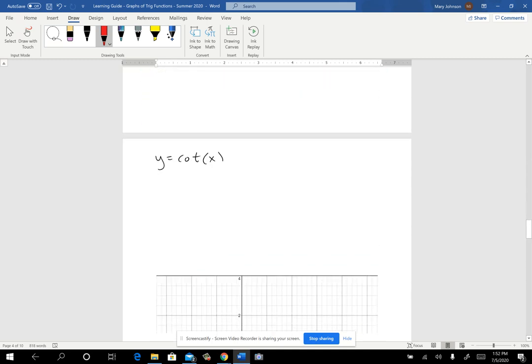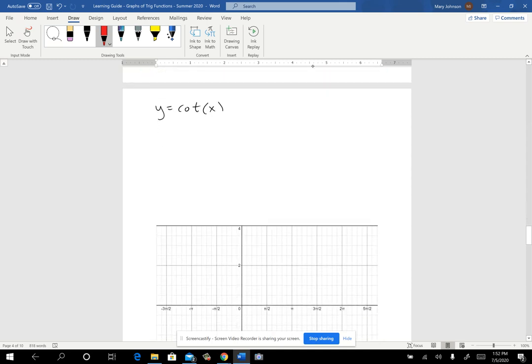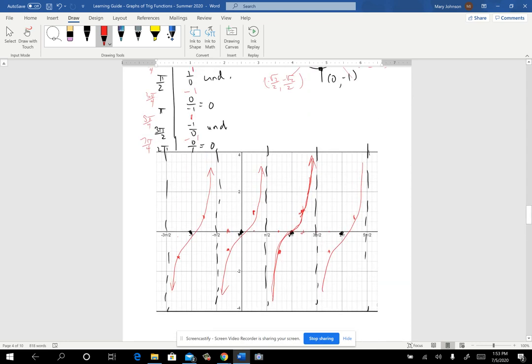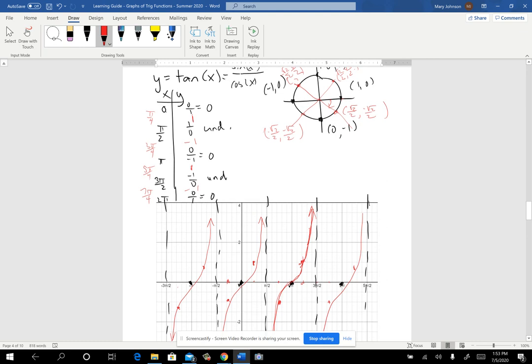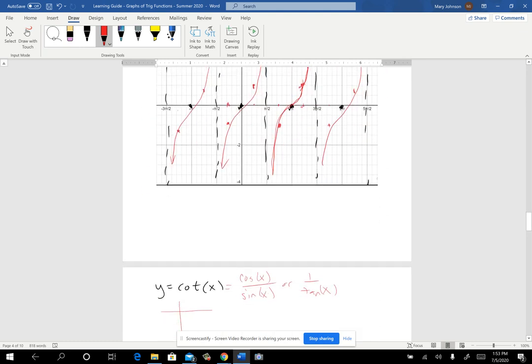All right, when I do cotangent, for that one, remember how that one's the cosine x divided by sine x? Okay. Or you could do it as the reciprocal of tangent. You can treat it either way. Or think of it as 1 over tan x, however you want to think about it. And so if we looked at what we did with tangent, if we looked at the values we did there, to start with,